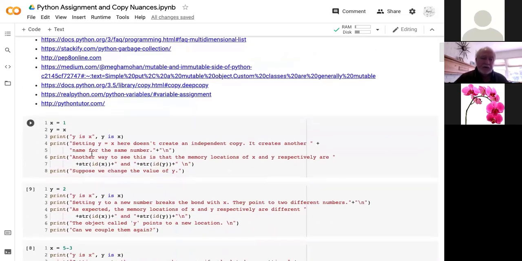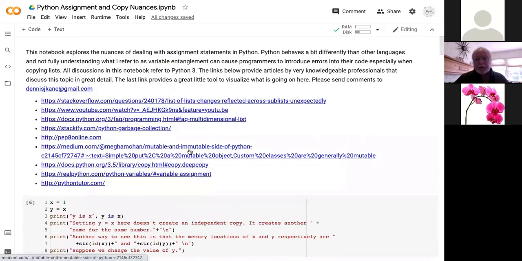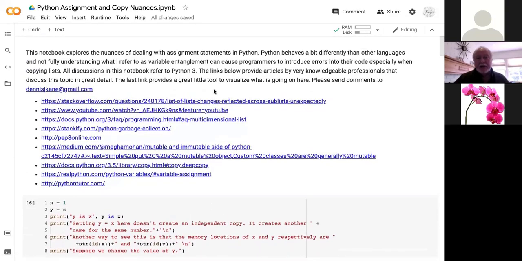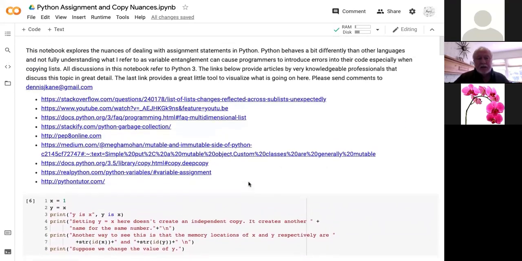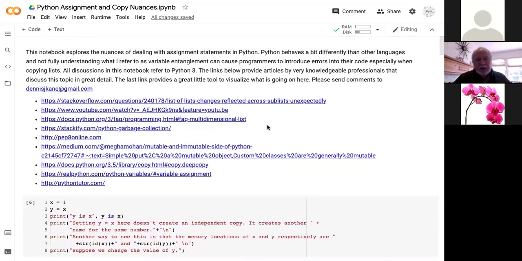So there are these cells. Here's a Python cell down here. Here's a markdown language cell, which has a lot of English in it and hyperlinks and so forth. So you can intersperse, or blend, formatted text with code, and you can tell a nice story that way. Python is an interpreted language; you run it basically cell by cell, at least in this environment. And I'm going to read some of the stuff because I tried to make it